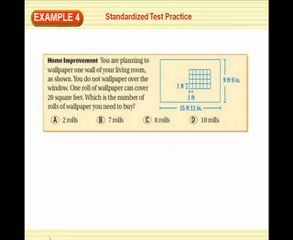Home improvement. You are planning to wallpaper one wall of your living room as shown. You do not wallpaper over the window. One roll of wallpaper can cover 20 square feet. Which is the number of rolls of wallpaper you need to buy? So I'm guessing, looking at this picture, that this part right here is the window. So you have 9 feet 9 inches, 15 feet 11 inches, and